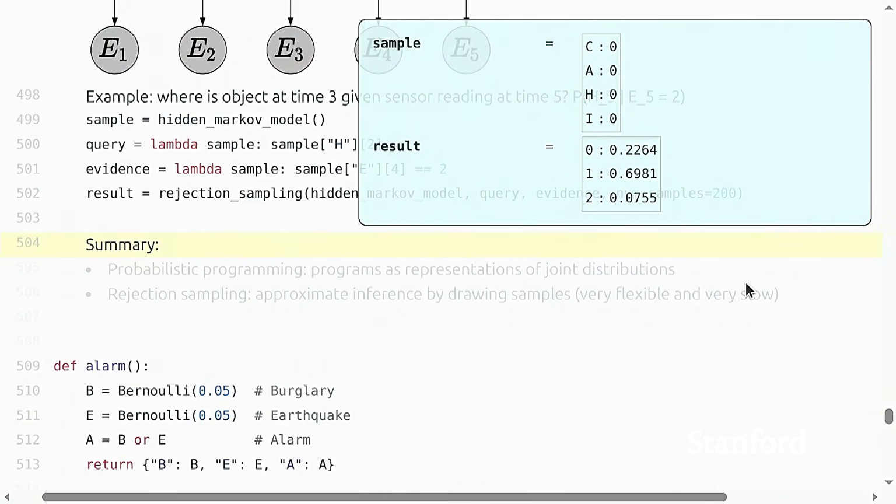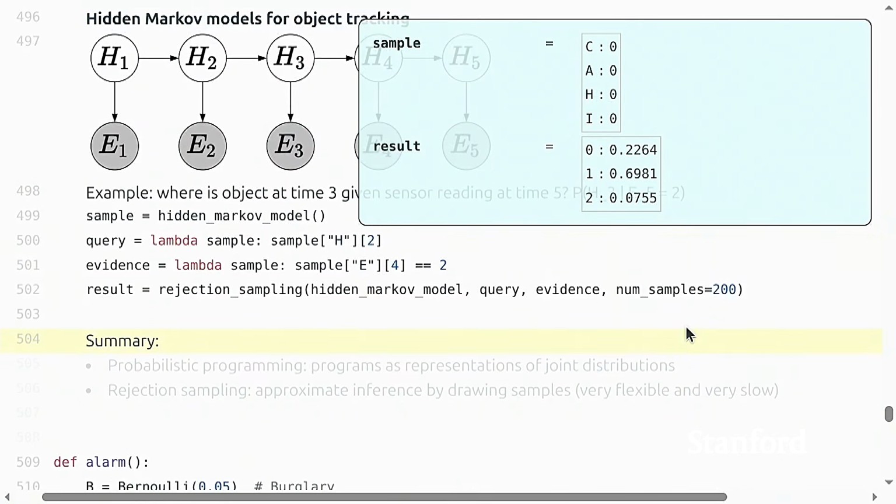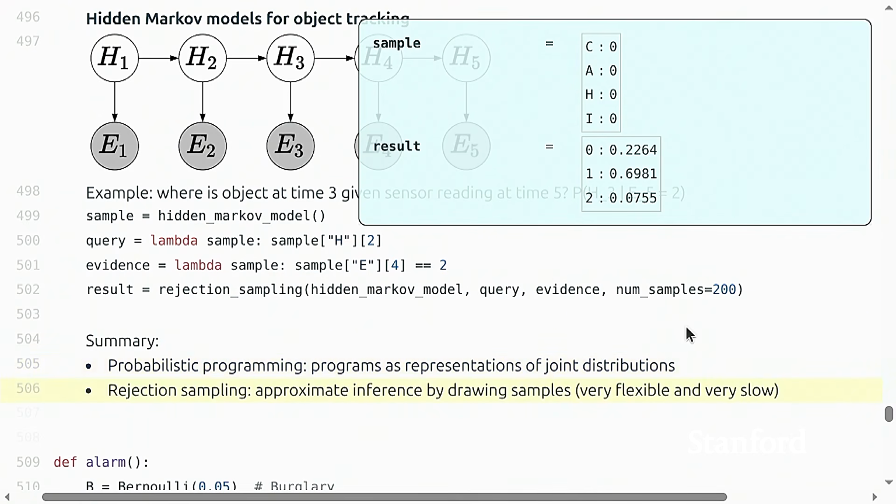All right, so to summarize, this section was brief, but I think it has a lot of important insights. Probabilistic programming is another way to think about programs as representations of distributions. So this is a pretty different way of thinking about probability, which I think has some attractive features, because once you can sample, you can do a lot of things. For example, with rejection sampling, you can just draw samples and then compute or estimate at least the probability of various queries that you're interested in.